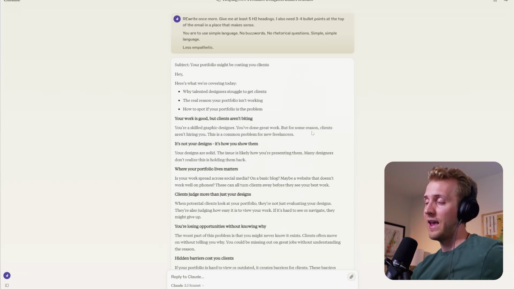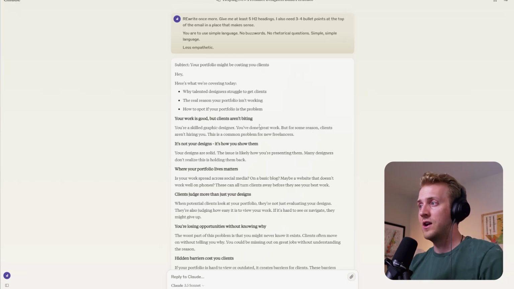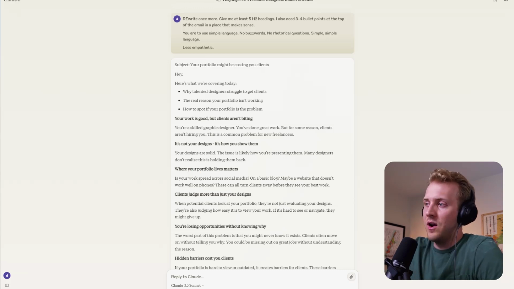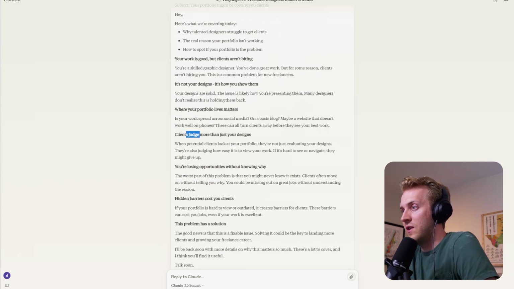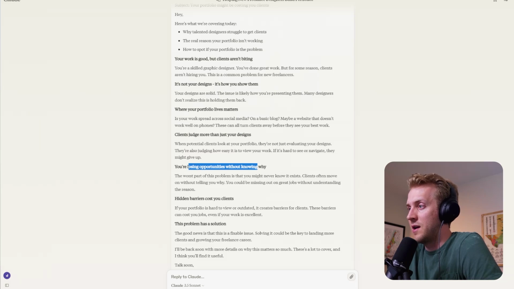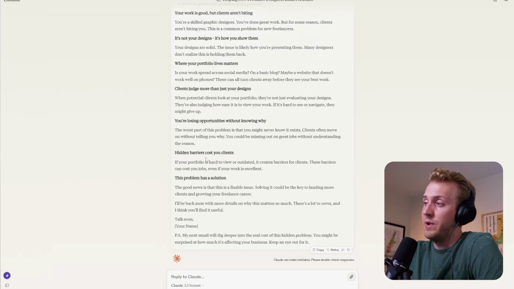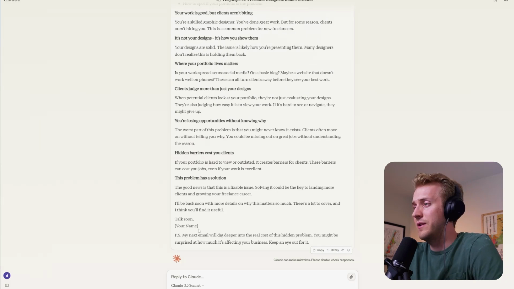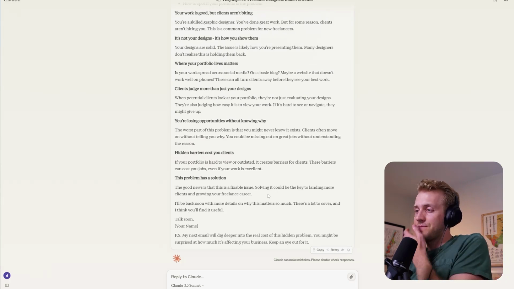This is interesting. So the H2s, which I like, are: Your work is good, but clients aren't biting. It's not your designs, it's how you show them. Where your portfolio lives matters. Clients judge more than just your designs. You're losing opportunities without knowing why. Hidden barriers cost you clients. The problem has a solution. That one is a little bit shitty at the end, but